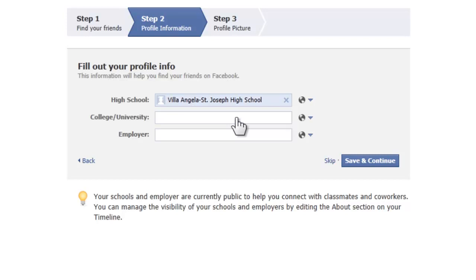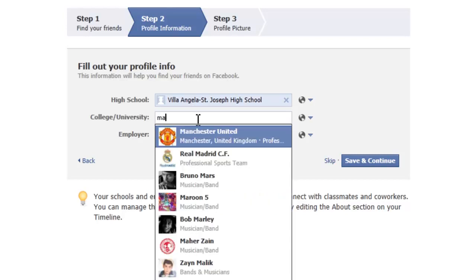Again, to tell the computer you want to type in that box, you put your mouse pointer over top of the box you'd like to type on. Again, your mouse pointer looks like a hand, indicating that this is an area that you could click on. You then click your left mouse button one time, the cursor will appear, and then you could start typing. The university that I went to is Miami University of Ohio. So again, as we start typing,